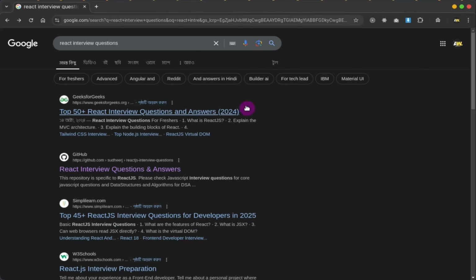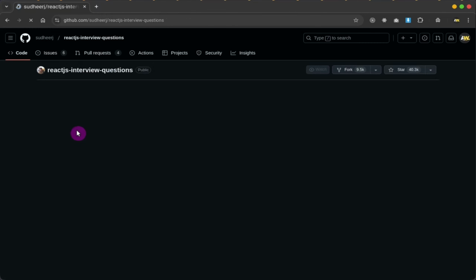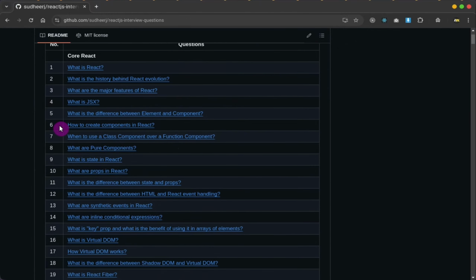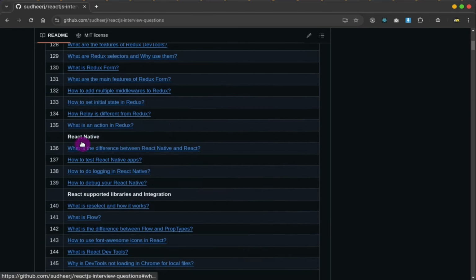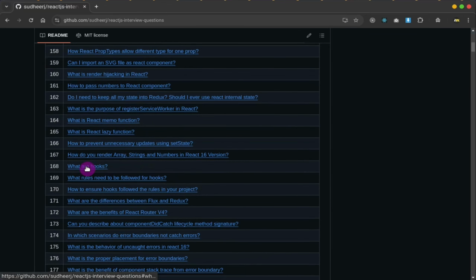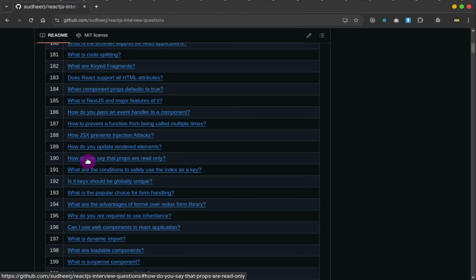If you search on any browser for React interview questions, scroll down and go to the link that holds on the GitHub. Click the link, and here on this repository, you'll find a lot of interview questions in React with just documentation, and just here 200 interview questions about React and advanced React. So you will easily find everything here, and you can take preparation from here and achieve your next job and